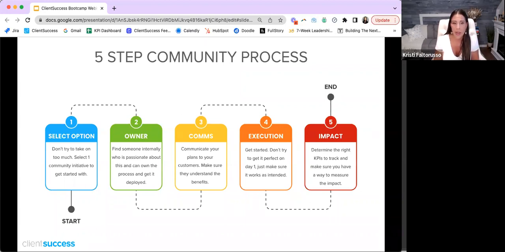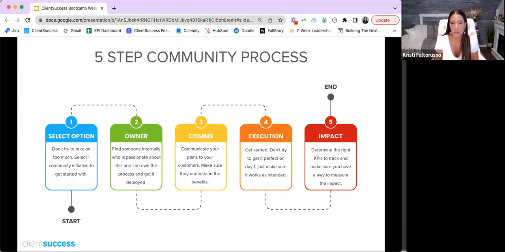Say we decided we're going to do small community forums, a roundtable of 10 people once a month, bringing together 10 different customers. Okay, who wants to take point on that? So find somebody internally who's passionate about this and who wants to own it and get that process up and running. That is the first thing you want to figure out: who can own this.